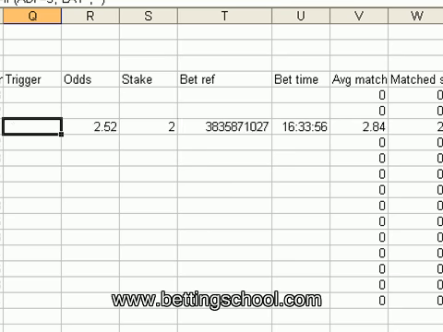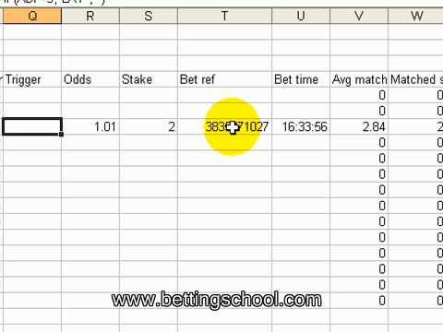So my bet got placed, and I got it matched at 2.84. Now it may be that it's going to go on to win, but that's not the point here. I'm just trying to demonstrate how this works. So we've got a bet matched, and you can see even if this started saying lay again in here, it wouldn't place a second bet, because whilst there's information here, whilst there's a bet reference in there, a second bet